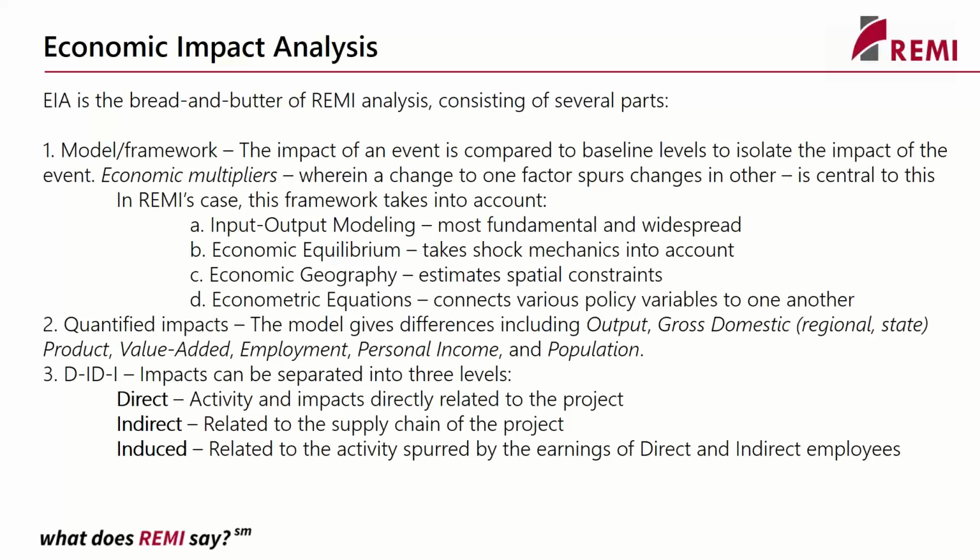And then finally, for economic impact analysis, a really crucial point is the idea of direct, indirect, and induced impacts. This applies to, I believe, all of these, particularly output, GDP, employment, personal income. You can divide these into direct, indirect, and induced impacts. So direct activity are those, as the name would imply, directly related to the project. So it might be the actual economic activity of some kind of factory that's being constructed. If it's employment, it'll be the workers that are working at the factory as well.